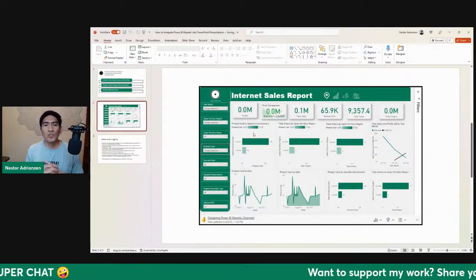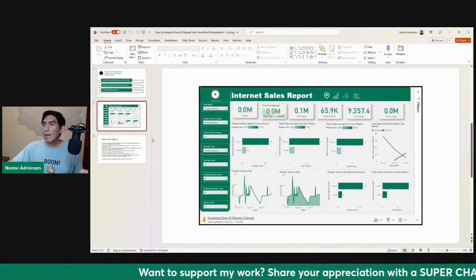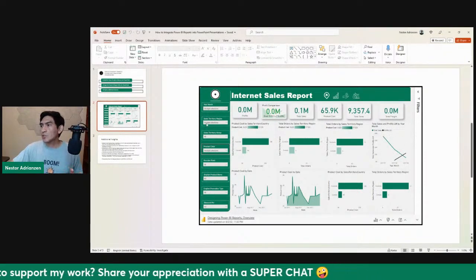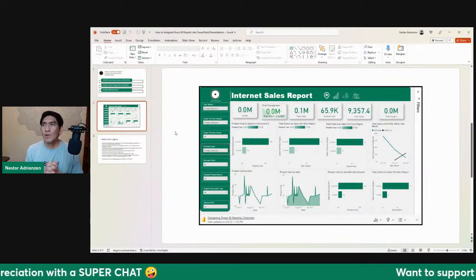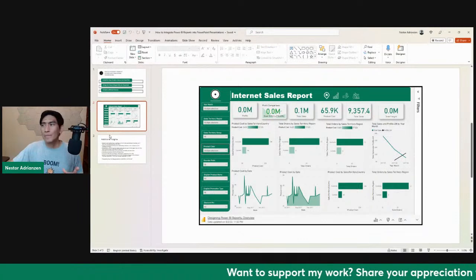You just need to connect this Power BI report with the cloud, with Power BI service. So it's really, really awesome. If you want to explore more about this feature, I'm going to share with you the link to this tutorial in the description, okay?